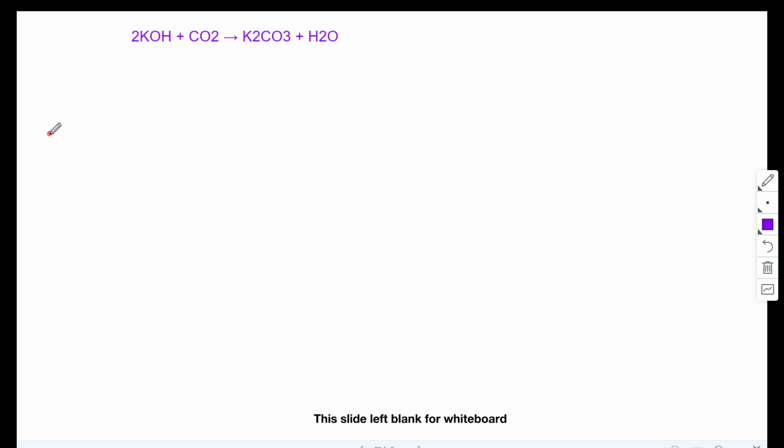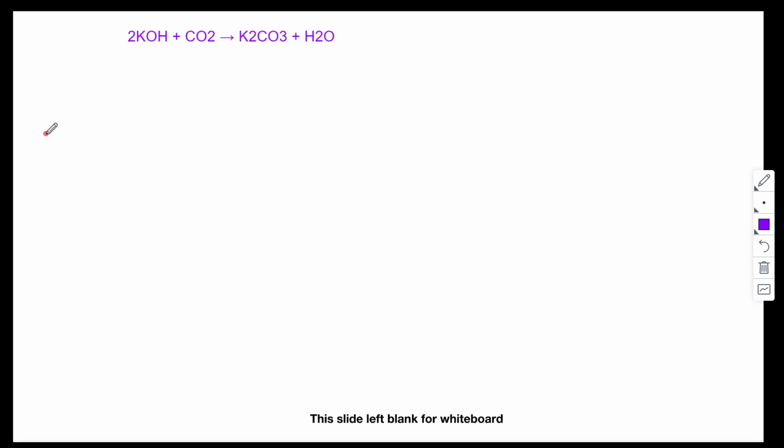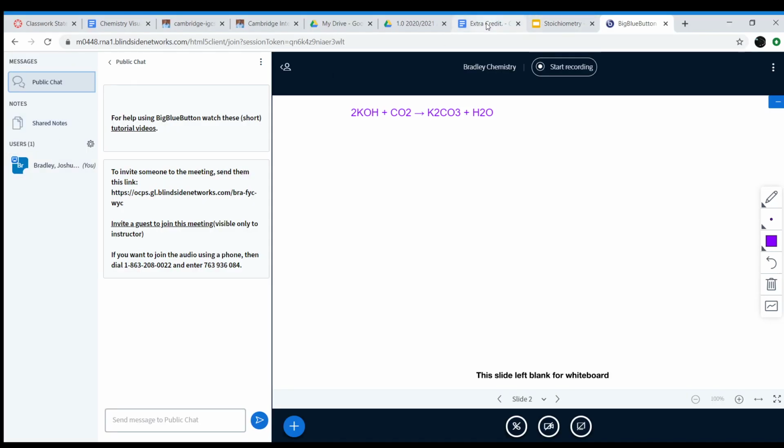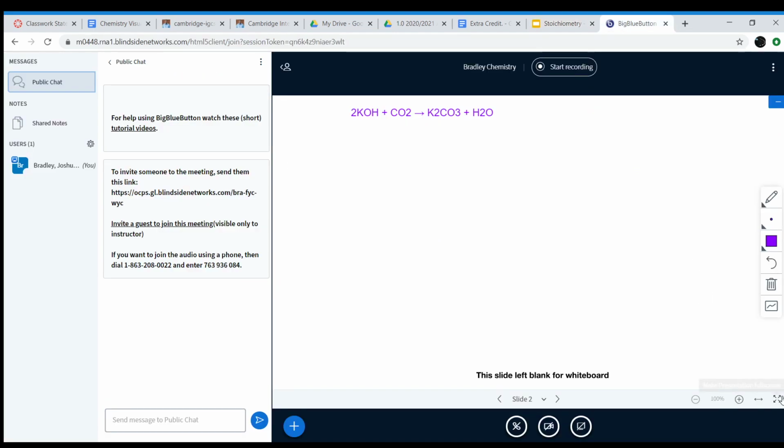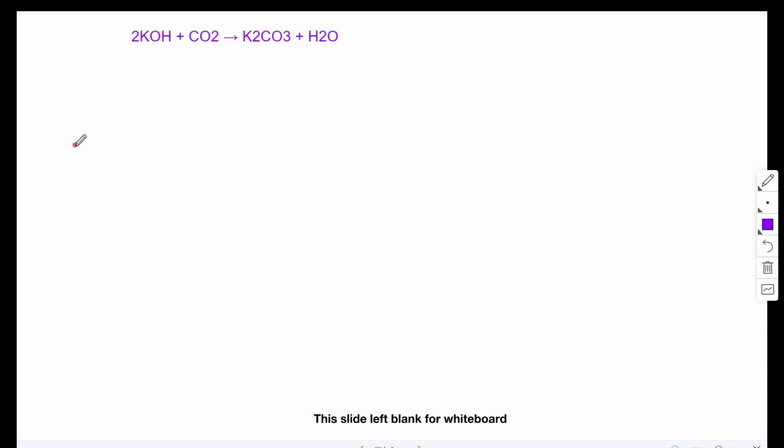Our next step is to convert from whatever unit it starts with into moles. Okay? And it's giving us 2 units here. It's saying that we have 135 milliliters and that it's 0.357 molarity of solution. Okay, so it's not giving us grams, which is unfortunate because we know how to do that. However, it does tell us a couple of things that are useful. And the most useful thing is that it tells us that it has 0.357